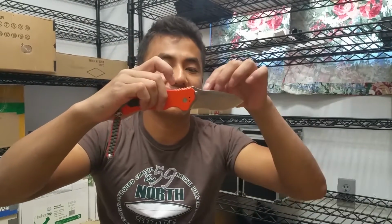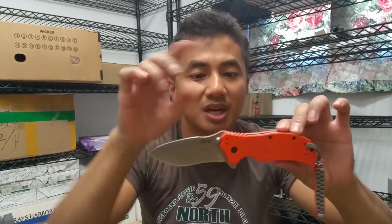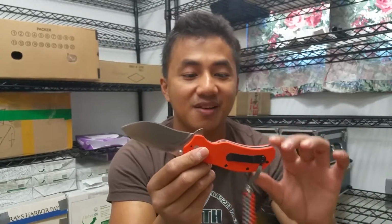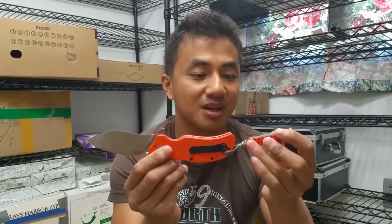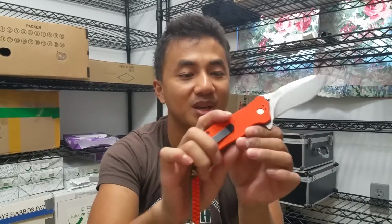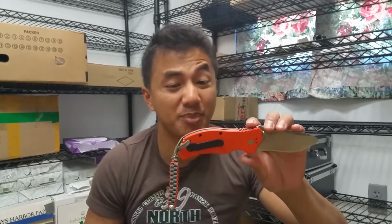I like this. This is the Spyderco 350 OR. OR stands for orange. The only reason I like this knife is for two things. I love the orange scale, and I got this lanyard thingy that came with the knife. I got this in a trade somewhere, probably on Blade Forums, and I've gotten a lot of bad transactions on